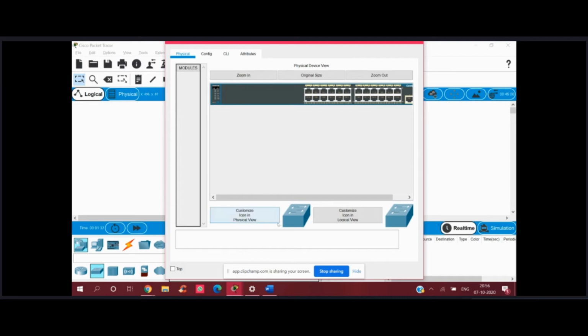If I double click on it, we can see that this is the physical device view, which means this is the physical user interface of the switch, where we can see 24 Ethernet ports and 2 gigabit ports.